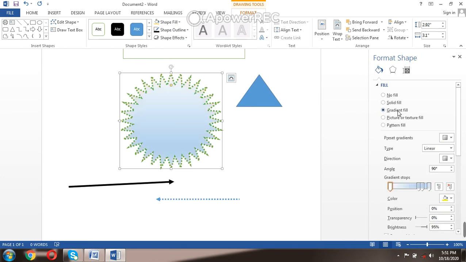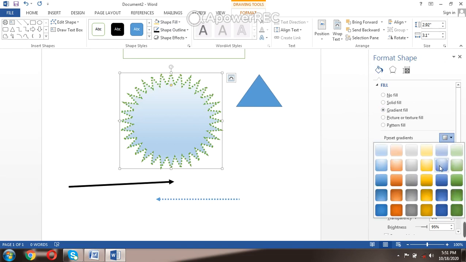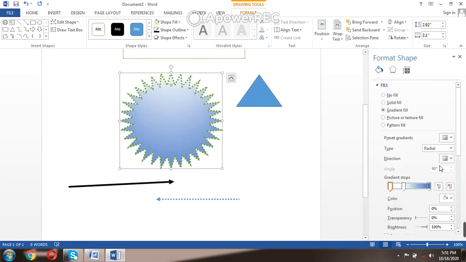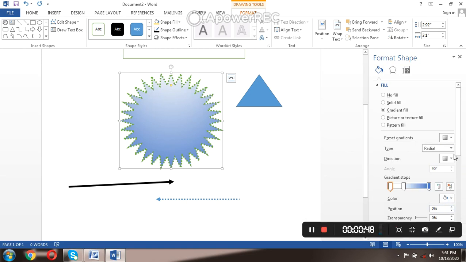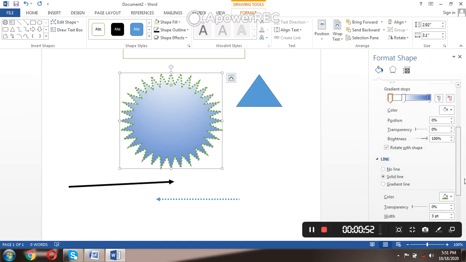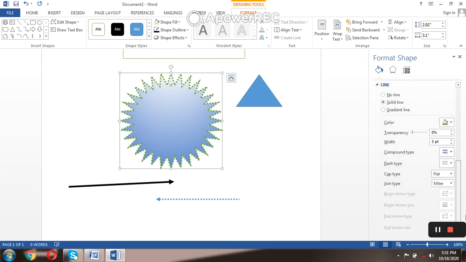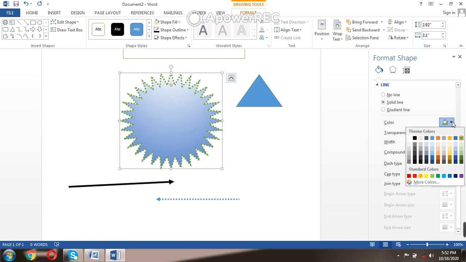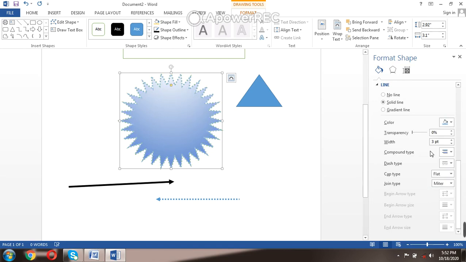Gradient fill. Now when you come to gradient fill, you could see preset. Assuming you are looking for preset, you can use the preset. You could choose a color here. Now to make it